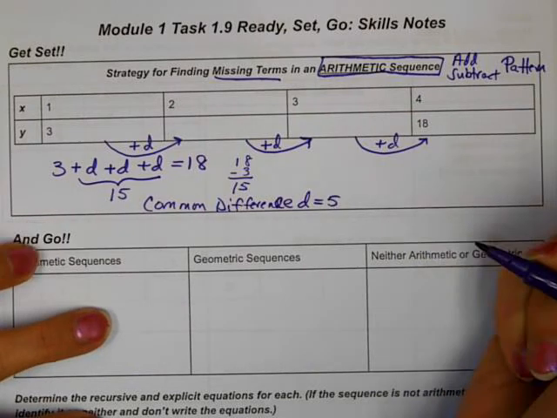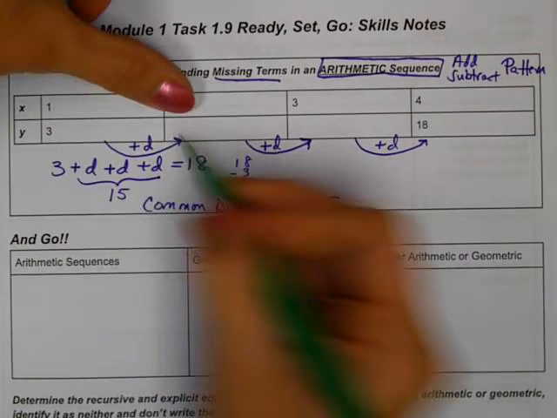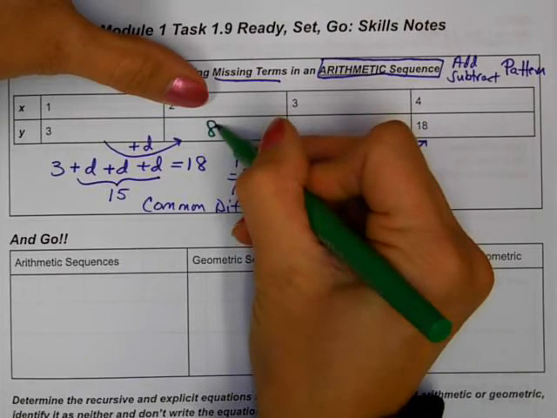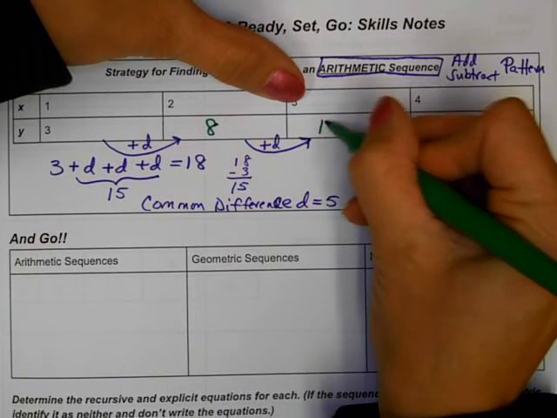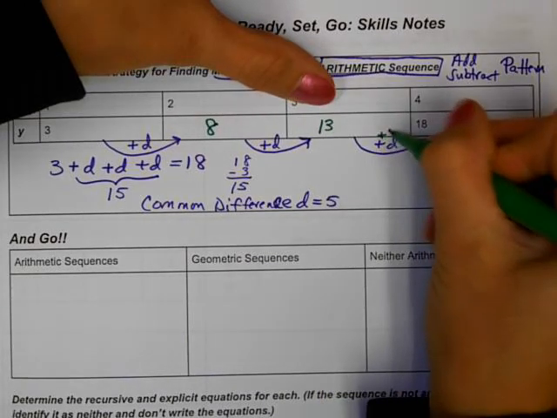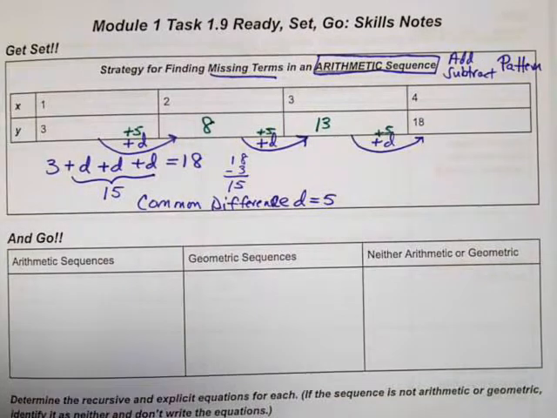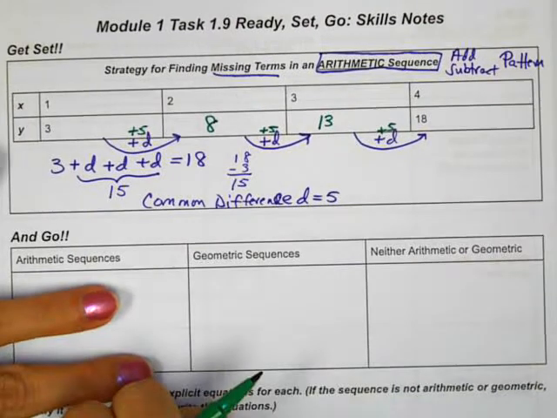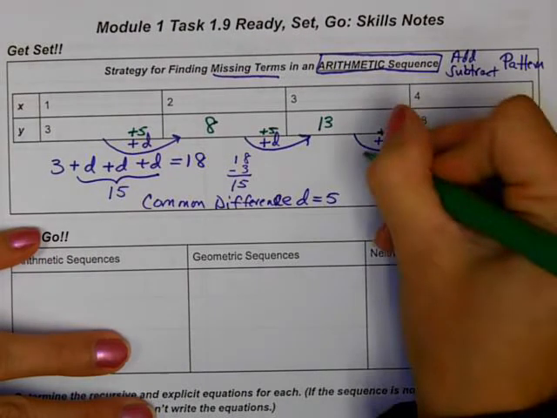Does that work? Let's test out my pattern. 3 plus 5 makes 8. 8 plus 5 makes 13. 13 plus 5, yeah, the common difference must be a 5 each time. Okay, and then what is my strategy? It's not enough just to say that I'm guessing. So my strategy